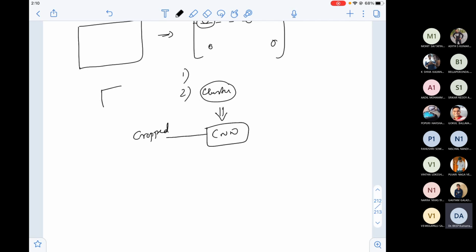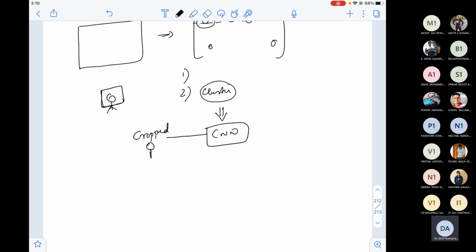Maybe I have proposed a box here. This has some part of the entire object, but it could not fit the other part of the body. Whatever sub portion is in the box will be given as input to the CNN.